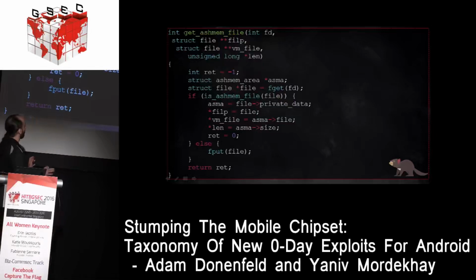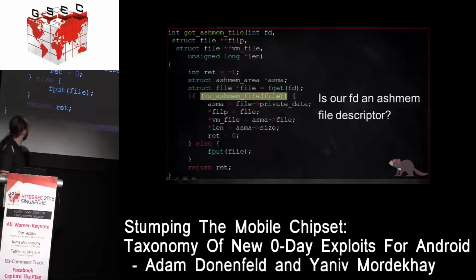So it is a really simple function. I don't think there is some interesting way to attack it itself. But as researchers, we have to look at it critically and ask ourselves, how do we actually check that the file is an ashmem